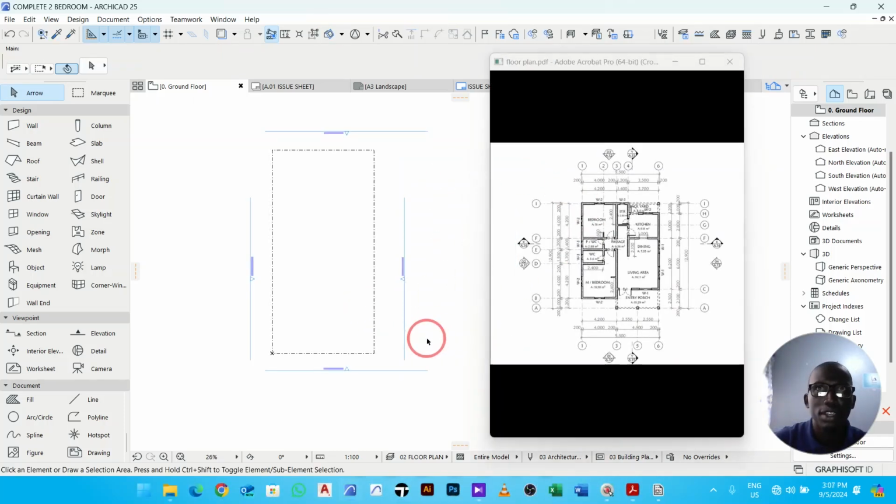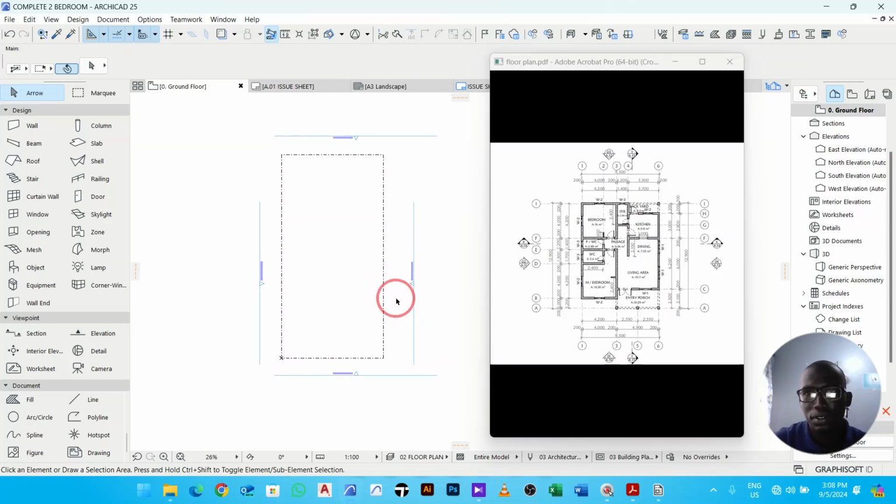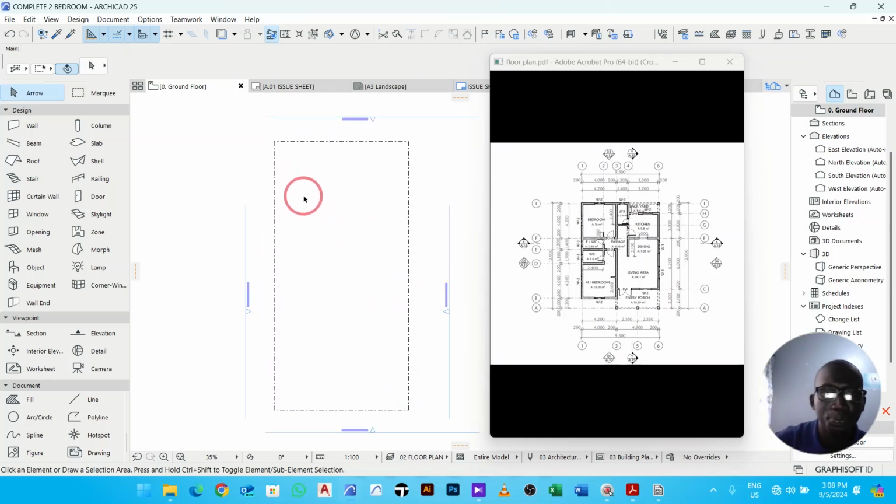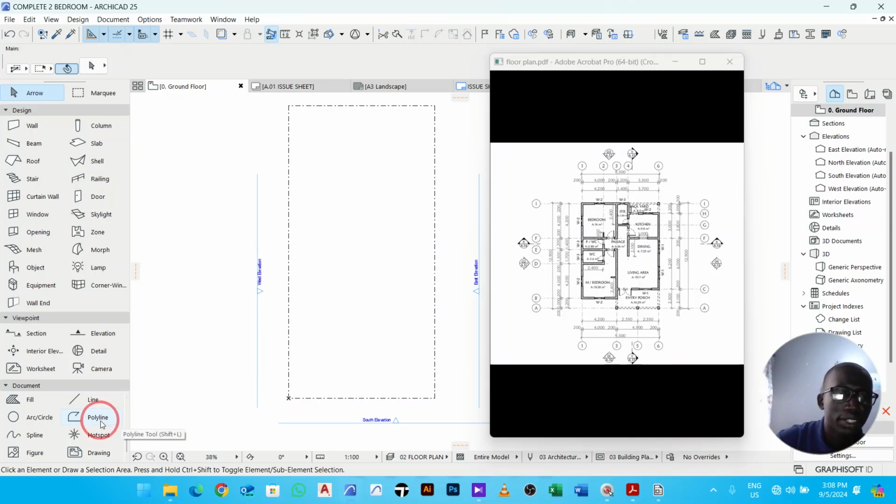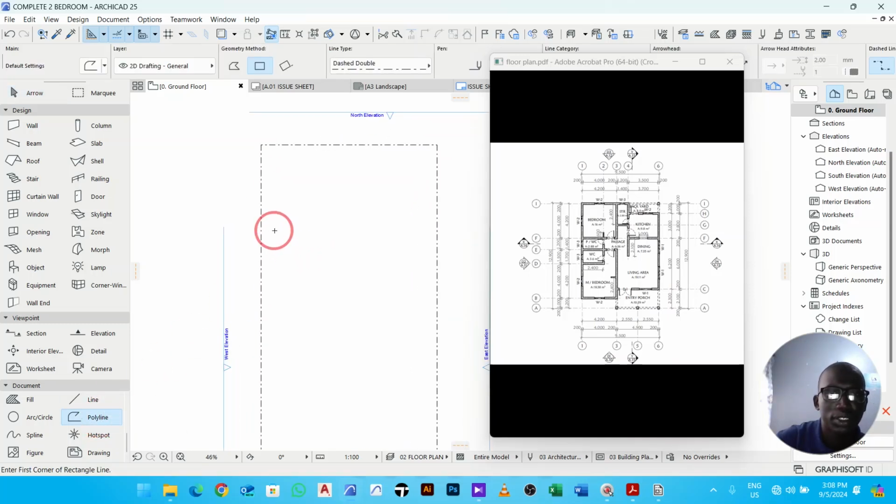So now we are going to start drawing the center line of our walls. We are going to start room by room. So we are going to start from the bedroom. So again you go to polylines. So you start from somewhere here. So it is